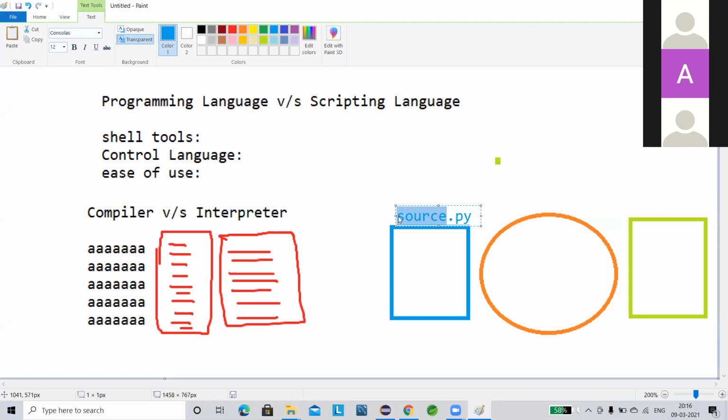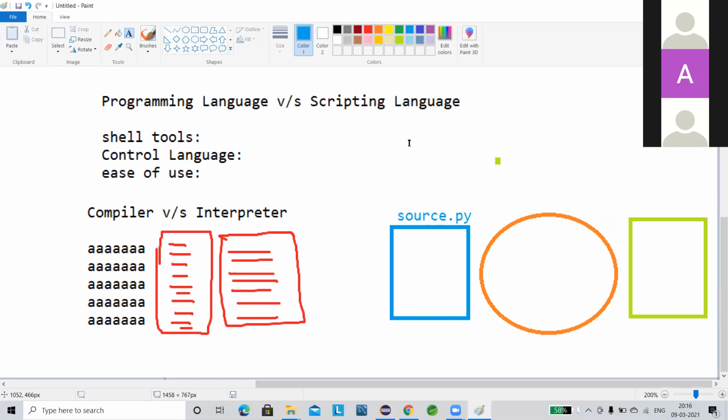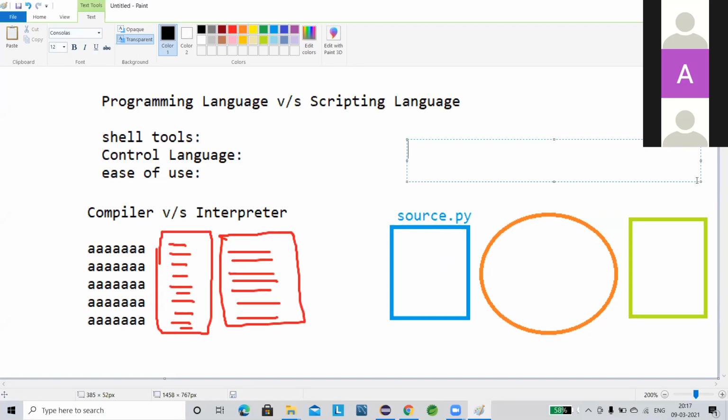So what happened? This source code will basically execute. Python also has a collection of code. Yes, source code is a collection of code, the code which is written by the developer.